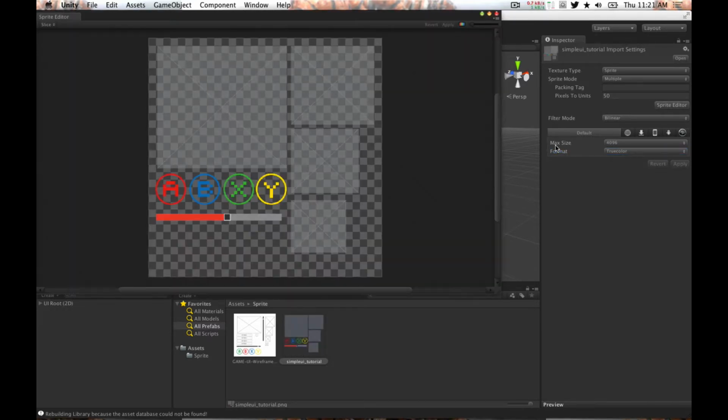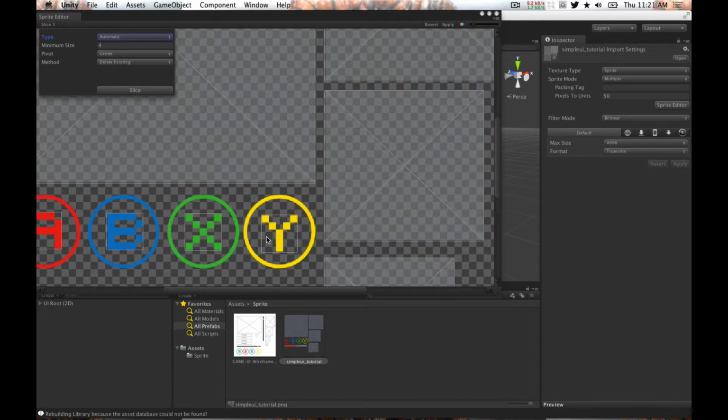Then we'll open our sprite editor. You can see we've got it all in here. We're going to use our slicer. Minimum size is 4, and we're going to just do automatic slicing. Pivot center, that's fine. Slice. So this automatic slicer is really good, except that it missed